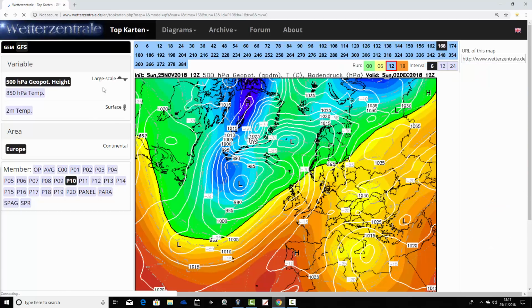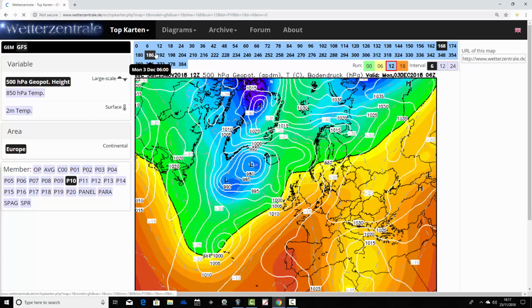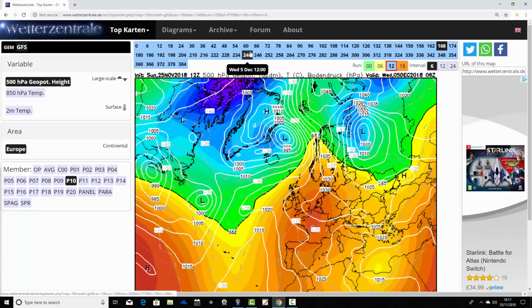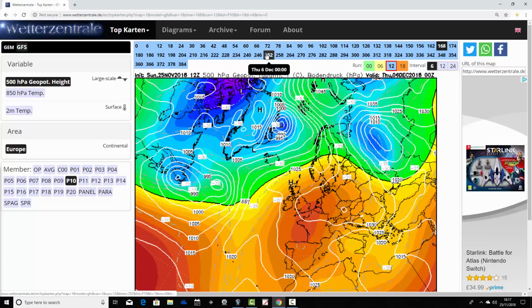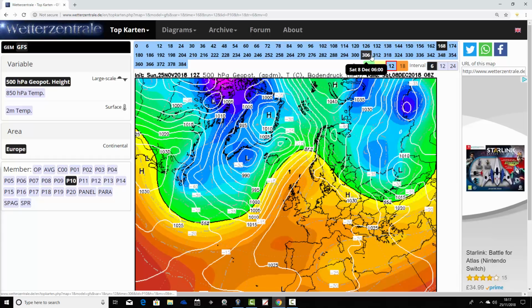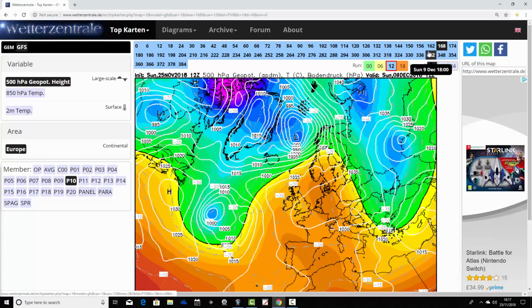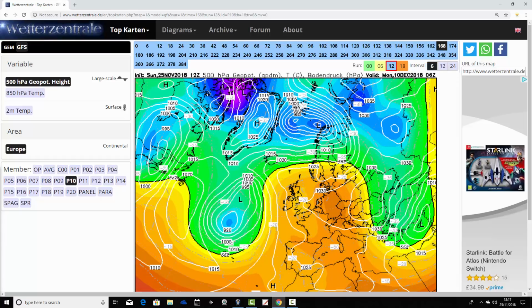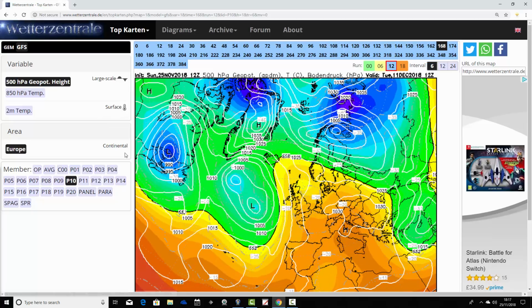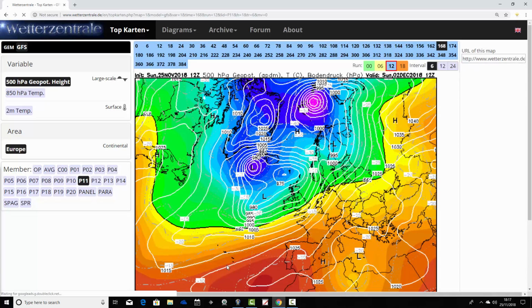Ensemble member number 10, and we're halfway through, looking like this, very unsettled over the weekend, and then as we go up towards day 10, building high pressure into the UK. That's similar to what the operational GFS is showing as well, with high pressure very close to the country, but not able to get itself northwards. So just bringing dry, cold, frosty, probably foggy conditions through the second week of December,